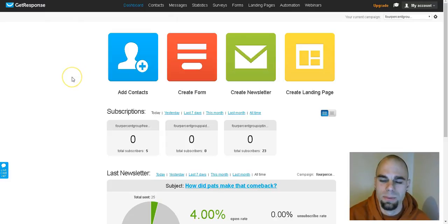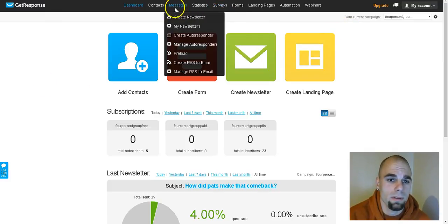Now this is a really cool autoresponder that allows you to offload all the emails that you would need to send manually. You can preload everything in here. It's going to manage your contacts for you, and it's going to give you statistics on links, clicks, and all that really cool stuff. So let's start with the